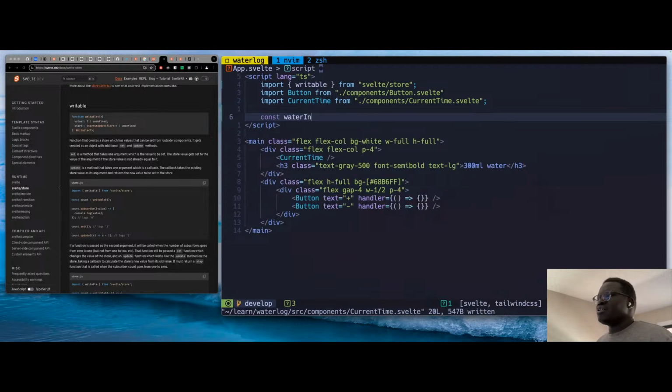Water intake. Let's call it intake. Water amount. Water drank. Oh yeah, I'm crazy with this water amount. Okay, water intake. Let's go, and it's going to be writable,